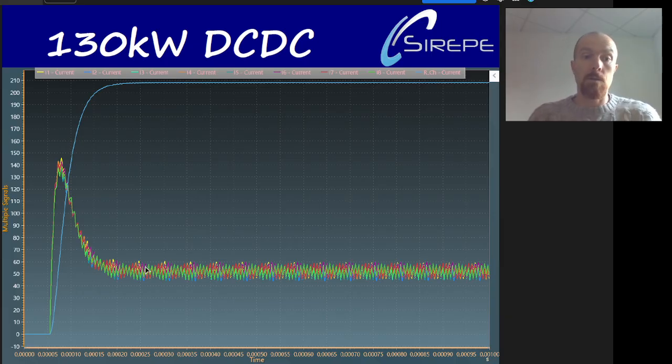The DC current is well shared between all the legs, and we can see less high frequency ripple because we have 8 legs and not 4. So the interleaving effect is improved. As for the battery current,